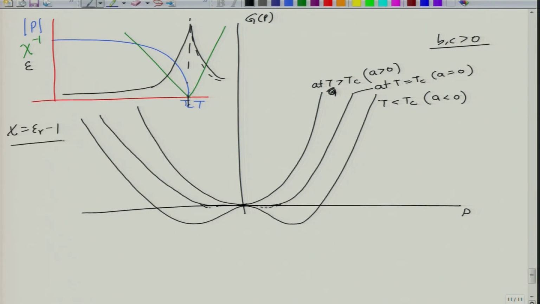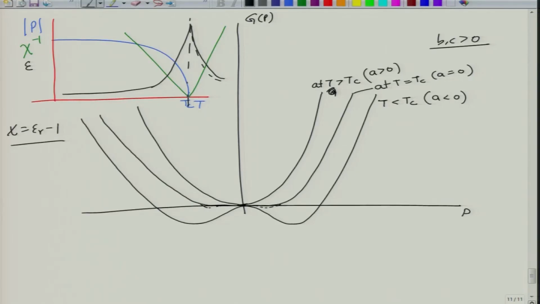Or even susceptibility, right, because chi is equal to epsilon r minus 1. So, this kind of phase transition where there is a gradual change in the free energy plot, where the polarization is dropping gradually, where 1 over chi, as you decrease the temperature, first decreases and then increases, and at Tc it goes to 0. This kind of transition where there is no discontinuity in the polarization or in the susceptibility, and there is not a sudden jump in polarization, is called a second order